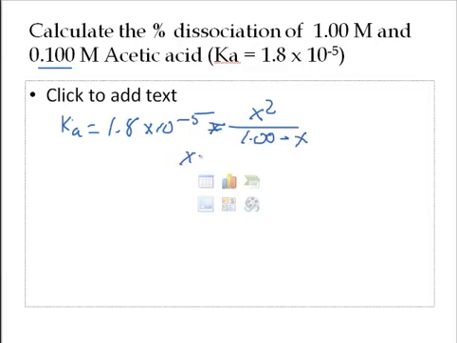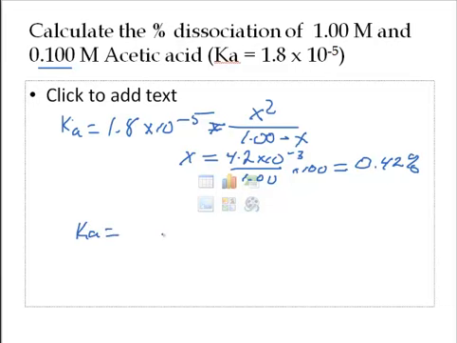Now when I work that out, I get a value of x equal to 4.2 times 10 to the minus third. And so what kind of percent dissociation is that? Well, if I divide that by 1 molar, times 100, I get a percent dissociation of 0.042%. Now if I do the same thing with the other, lighter concentration,